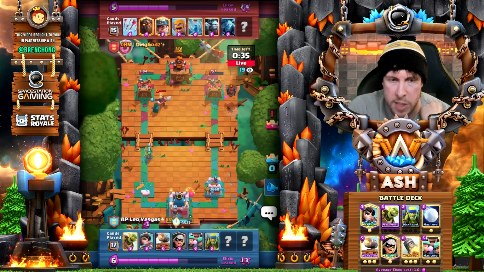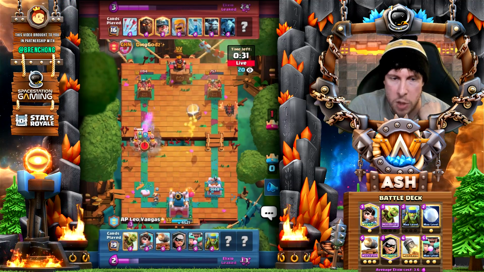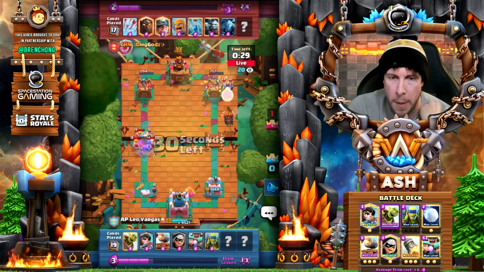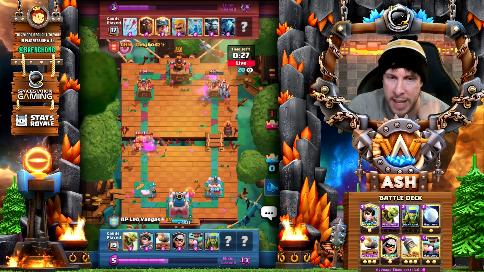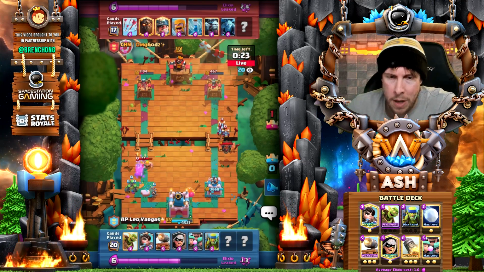So they're not going to be able to Lava Miner us, unless they can cycle really quickly. I don't think they're going to be able to. Barbarians come down the left. Nice Barbarians. We have a Princess in support there to take care of the Barbarians. Now we have Rocket range in the right. All right, so we're going to need to...